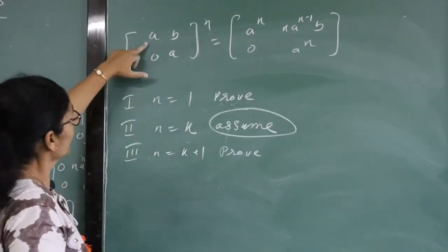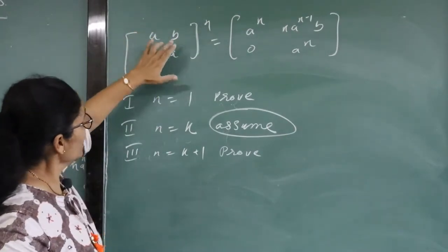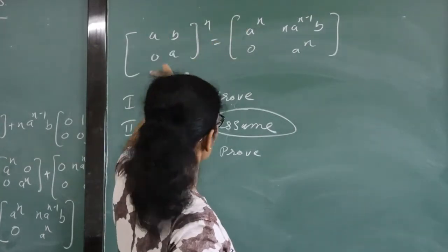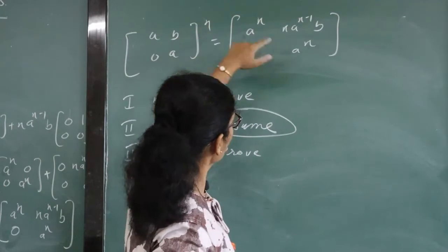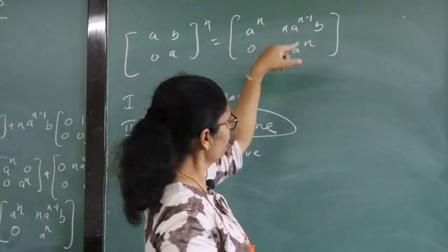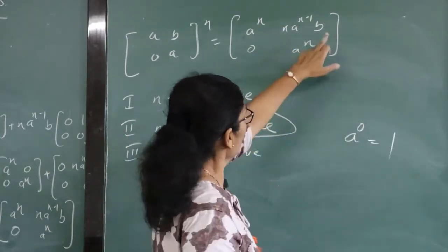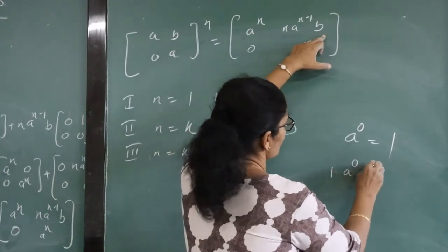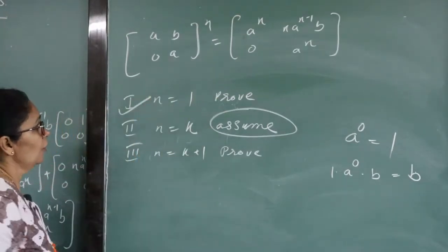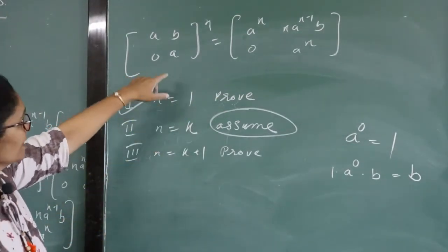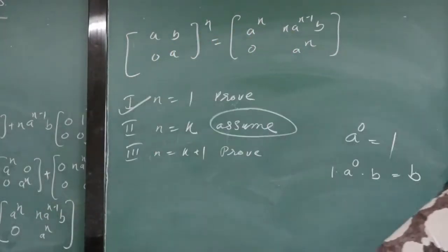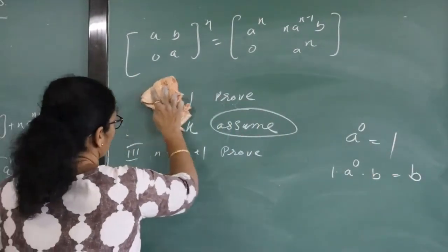Okay, let's start with this. When you put 1 in place of n, we check: [a b; 0 a] we get. Now on the other side, in place of n put 1, so a stays the same, 0 stays the same, and here also 1, a stays the same. Now b times 1 times a^(1-1), which is a^0, and any term to the power 0 is 1. So 1 into b, and what you get is b only. So the first step is proved: it is true for n equal to 1. For k granted, wherever you have n, write k. So the second step is clear. Now we will prove the third step.